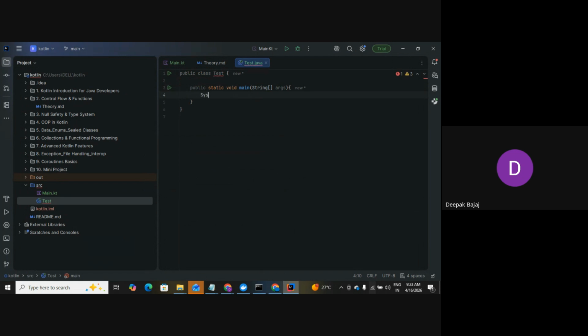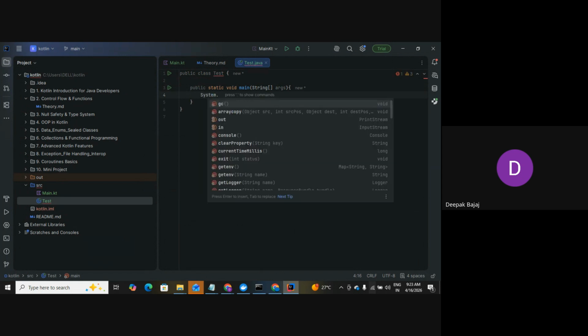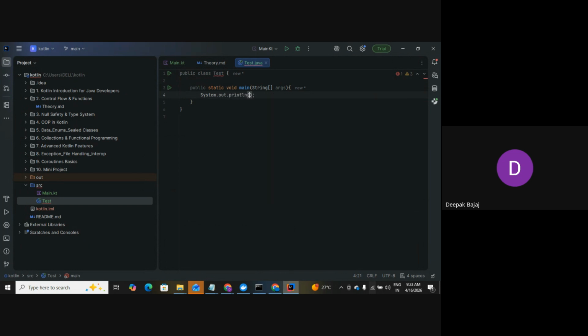And System.out.println. Now let's say we take one variable, int i is equal to 10. If i is less than 10,